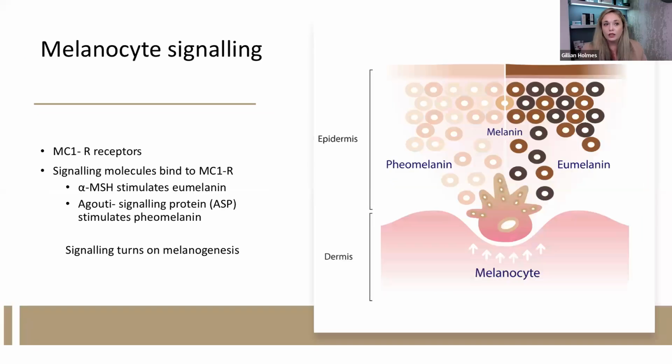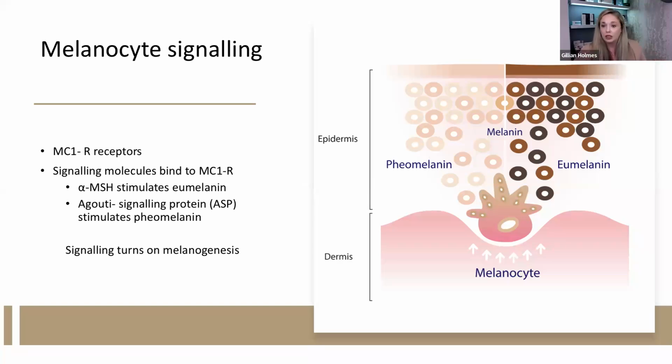So what happens during melanocyte signaling? An essential part of this is what's called an MC1R receptor. That's your melanocortin-1 receptor. So we all have them. In order for that to be stimulated, we also have what's called signaling molecules. Now, these signaling molecules bind to the MC1R receptor, and two types of signaling molecules will determine the type of